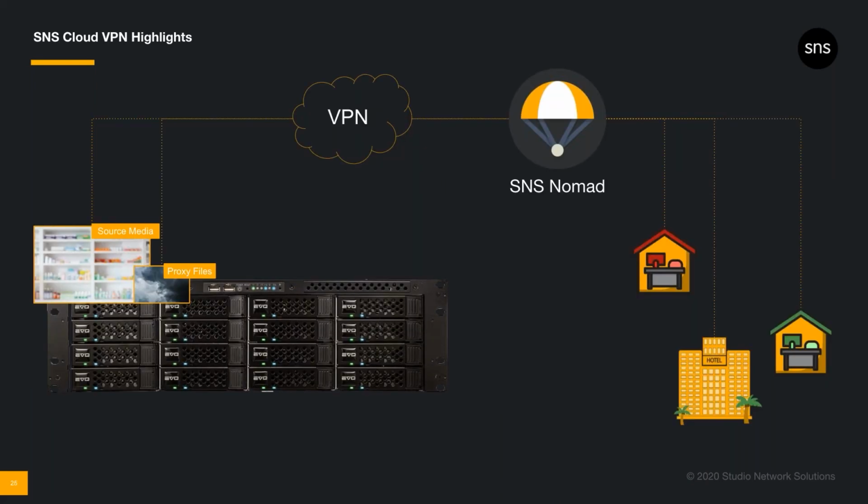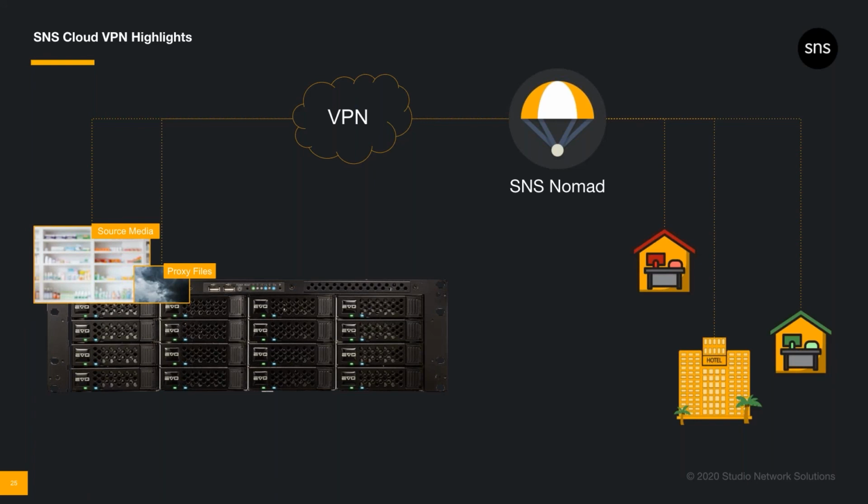Your full res and proxy media, obviously, lives on your Evo. And your Evo creates proxies in the background as you add media to it. And when you're ready to go remote, Nomad finds all the relevant media that you need and assembles a nice portable package for you. You can simply point Nomad to your project folder that contains your full res media files. Or you can give Nomad your Premiere project file that already references your full res media. Nomad will identify the online files in your Premiere project, then locate the matching proxy files.